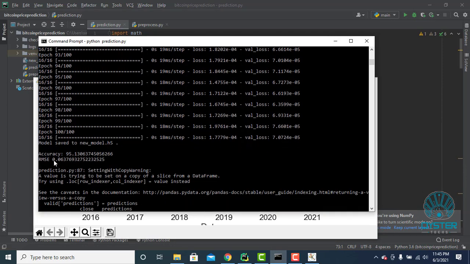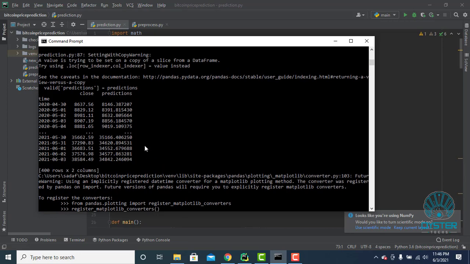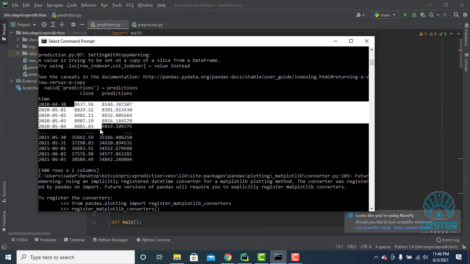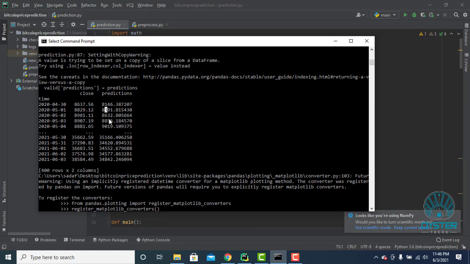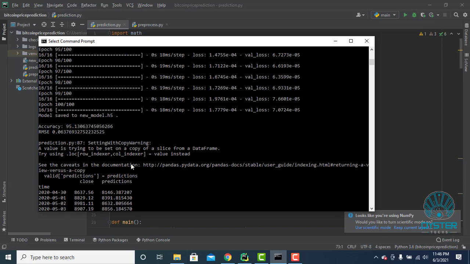Also we gained this RMSE, and this is the prediction results, the actual and the predicted. So we are getting a really good accuracy and a really good result of predicting the prices.